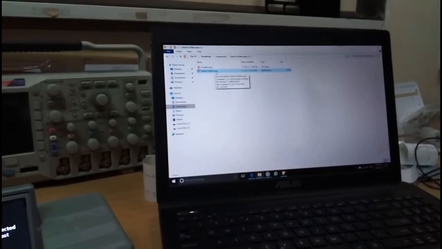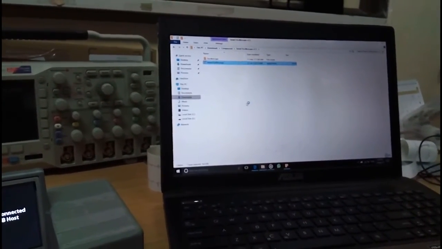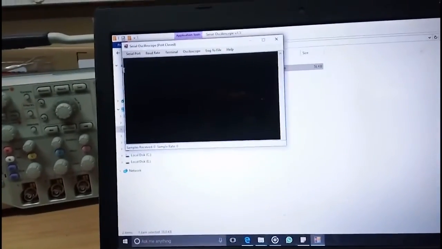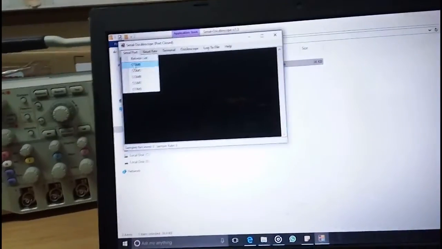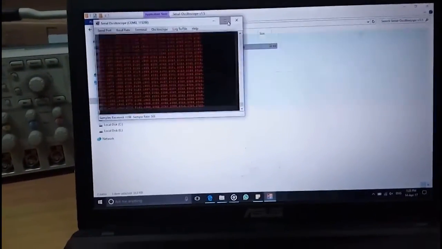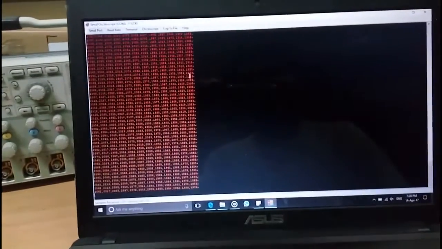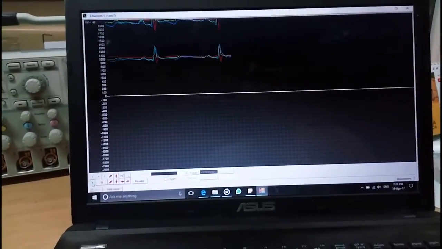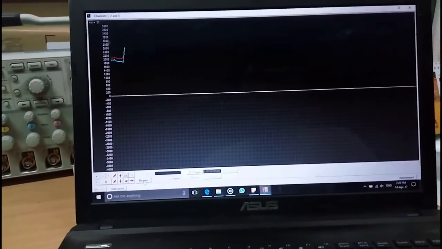I'll show you the waveforms. So I'll just start up the application. Select my serial port, which in this case is COM3, and I just have to press any key to start receiving the waveforms of all the 12 leads, as you can see. Now I'll just adjust the scales and select one particular beam.